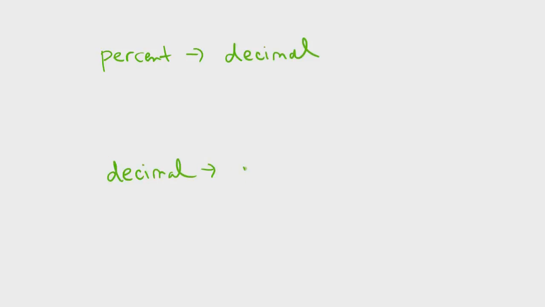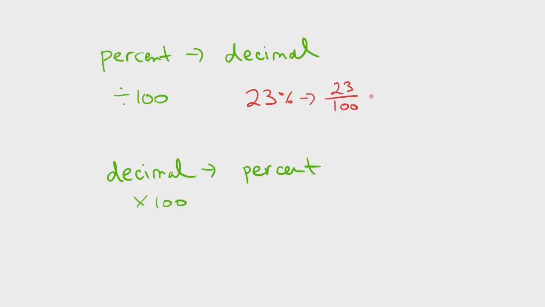Let's take a look at this really quick. You've done a percent to a decimal, and you've done a decimal to a percent. When you change the percent to a decimal, you divide it by 100. When you change a decimal to a percent, you're multiplying by 100. And let's do an example really quick just to make sure we got this. If I told you you had 23% and we wanted to change that to a decimal, well, 23% is 23 out of 100. And to change it to a decimal, we just divide it by 100,